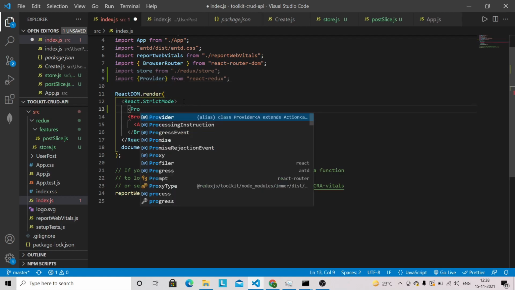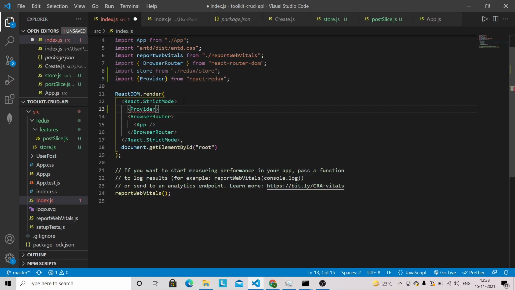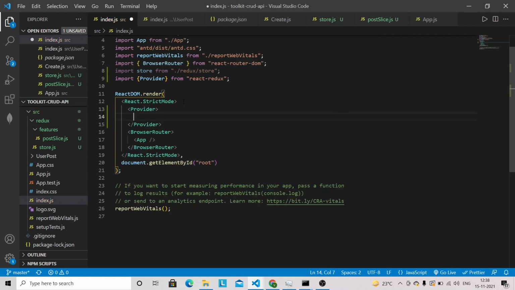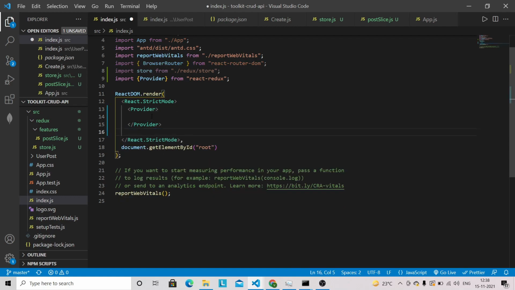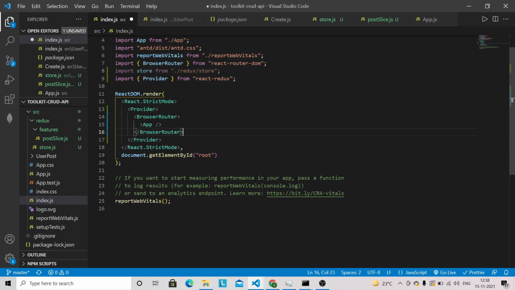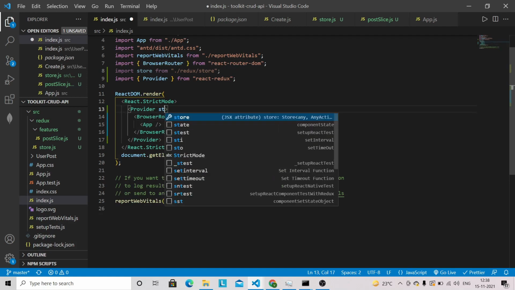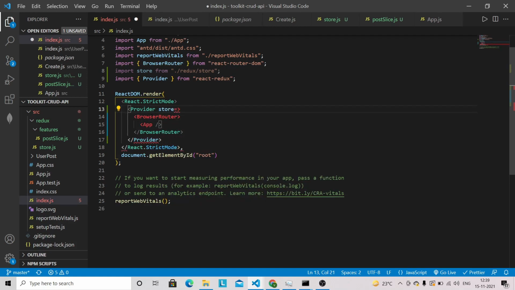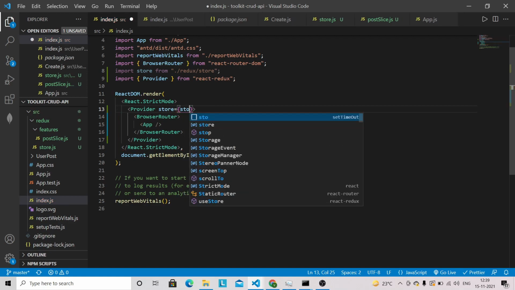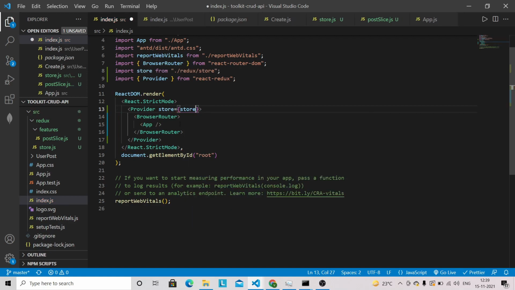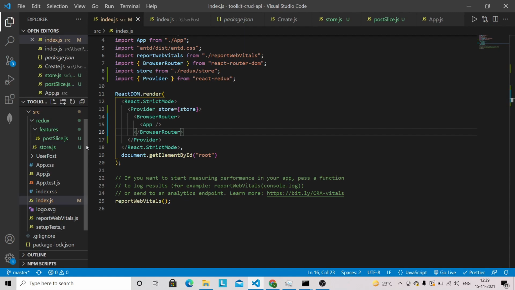Inside Provider, we are just going to cut this one and paste it here, and we can provide the store to our application this way. So we are done with this basic configuration, and we have configured the Redux Toolkit in our application.